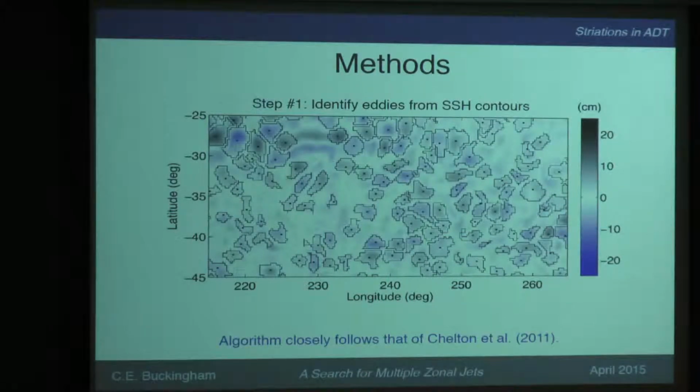And I've done this by creating an algorithm that closely follows that of Chelton and company. So what you see here is the location in the South Pacific and the features in sea surface height from the altimeter, from the Aviso product, that have been shown to have closed contours. In addition, I restrict these features to have an eddy center, as Dudley Chelton and company did. So some things to note about this image, this result, is that not all the